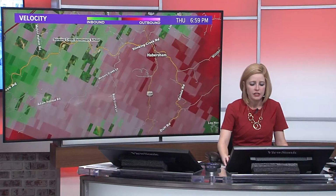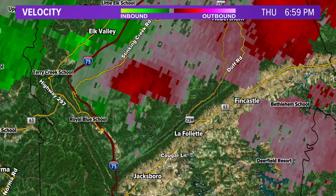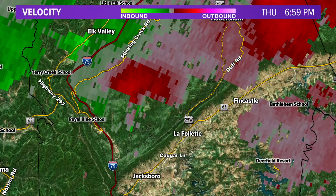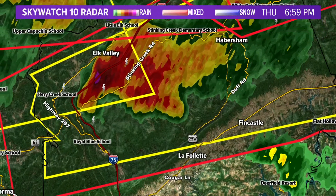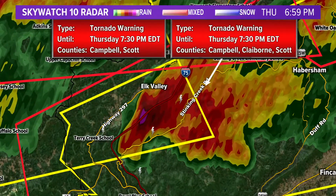We also have the other cell that now has a tornado warning on it, not showing up super well on our velocity product at the moment, but it's just to the northwest of La Follette. It is moving to the northeast at about 35 miles per hour. Again, it's this cell right here near Elk Valley, La Follette, this area. Let me get my little pointer back going here again. This cell that I was pointing out there is moving off to the northeast as well, at about 30 to